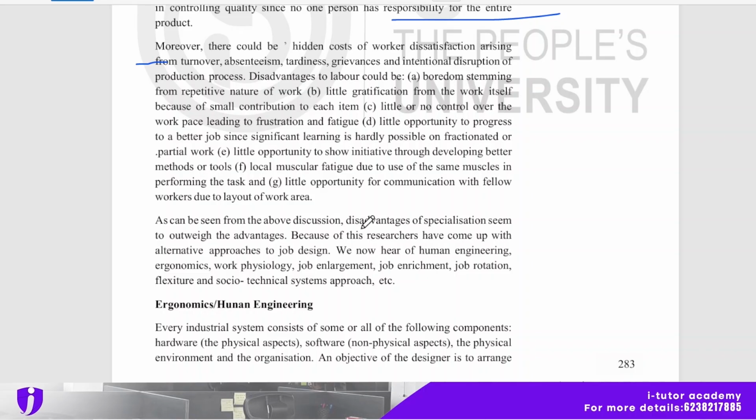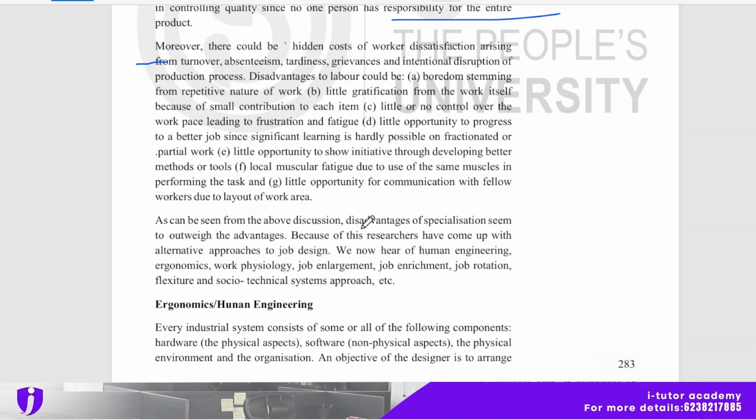And disadvantages to labor could be boredom stemming from the repetitive nature of work, and little gratification from the work itself because of the small contribution to each item, and little or no control over the work pace, leading to frustration and fatigue, and little opportunity to progress to a better job, since significant learning is hardly possible on fractionated or partial work, and little opportunity to show initiative through developing better methods or tools, and local muscular fatigue due to